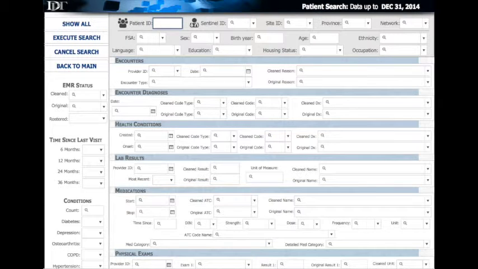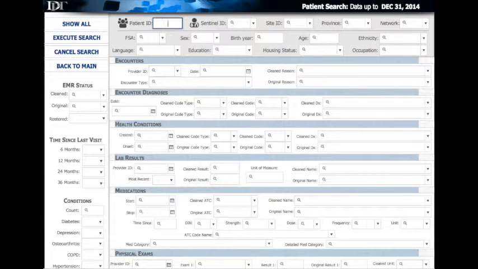When you enter the search screen, each of these fields will have different types of features. Some of the fields will have just a plain text box entry, others will have a drop-down option, others will be a pop-up menu, and each has its own function. With a plain text box entry, you can enter any free text you'd like. I recommend that you have an idea about what type of data is entered in there so you can maximize your